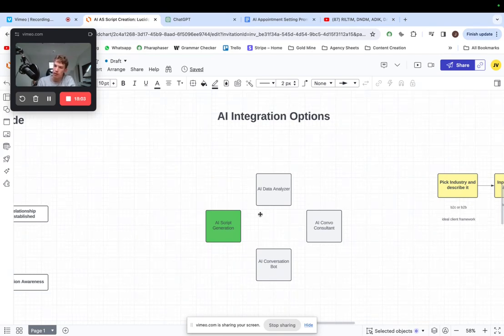And the result might be different, like booking rate, data, stuff like that. So the first one we have is AI script generation. And this is what we're gonna cover in this video right now, because it's the easiest for me to explain. And I guess it's actually pretty helpful and valuable, because if you know how to generate a script